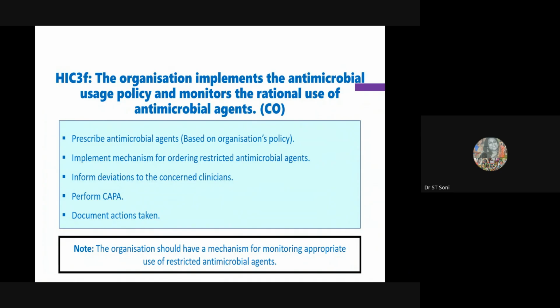I think it has been initiated in Punjab too, but we are far behind the western countries in rational use of antibiotics. We also need to prepare a list of restricted antibiotics, for which you need to take permission from some higher official,